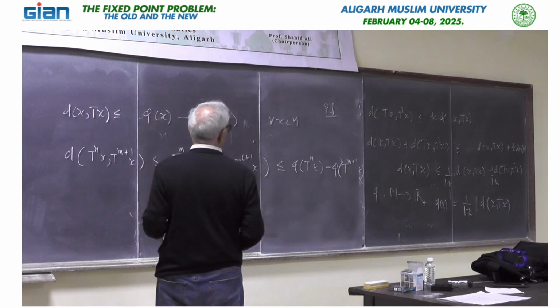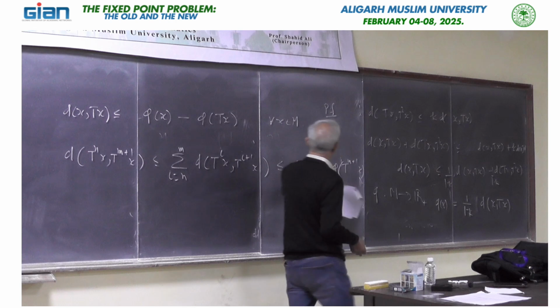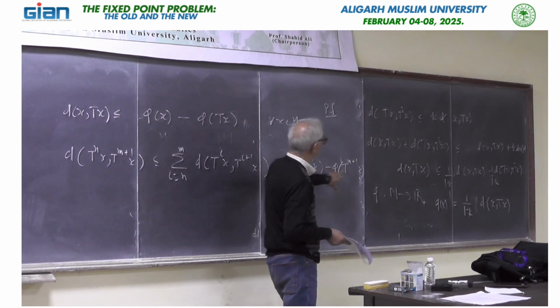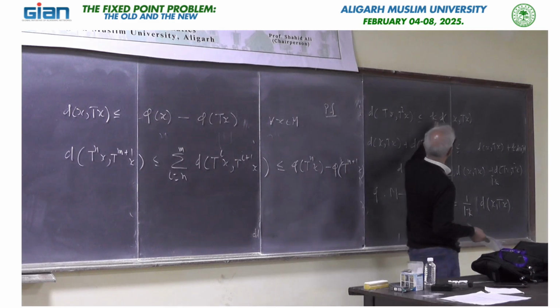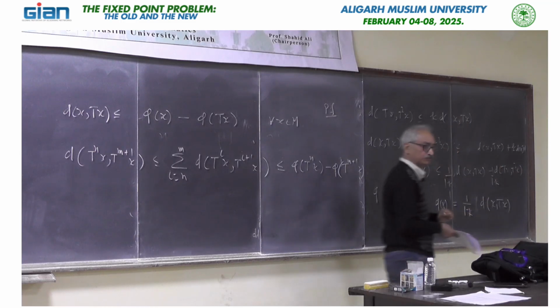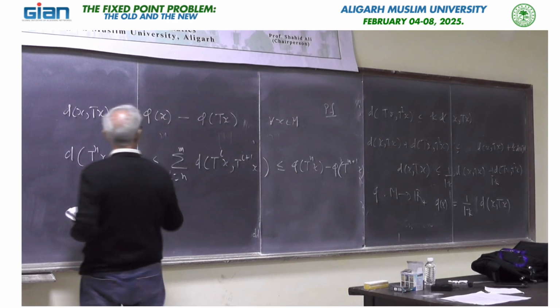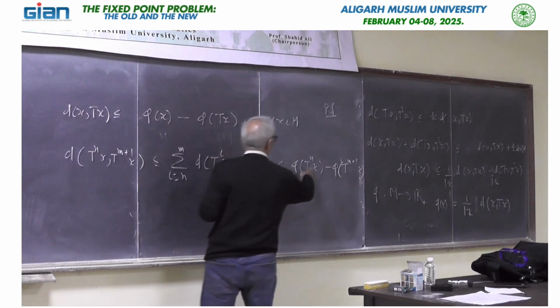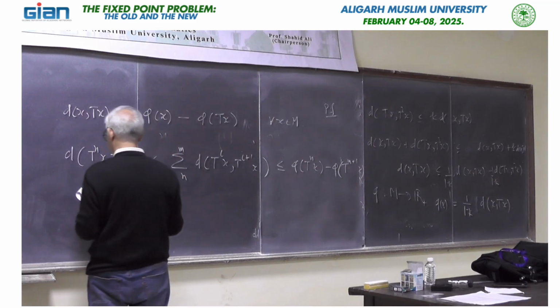Now, here you see that this goes to 0 as m tends to infinity. You keep n fixed and let m tend to infinity, because of that each time you will have k there, and you will keep getting k to the power m at the end. As m tends to infinity, k being less than 1, this will go to 0. So, what you can do is you take n equal to 1 here and let m tend to infinity. So, you will have this